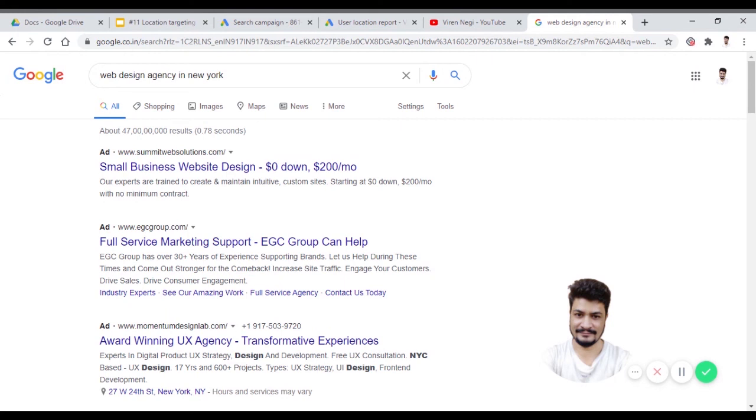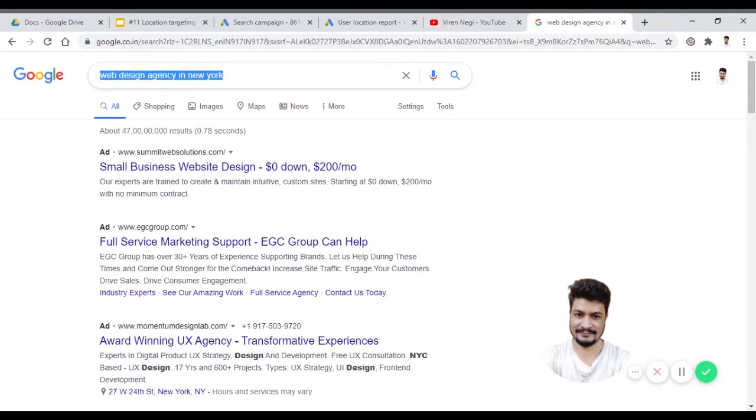The other problem is, let's say I'm sitting in India, or maybe in any Asian country. Website designing is much cheaper here in India compared to the US. So again, they might want to take their services from here. This is how you basically waste your money. So avoid this kind of mistake. And this is just one example I showed you. This could be any keyword.